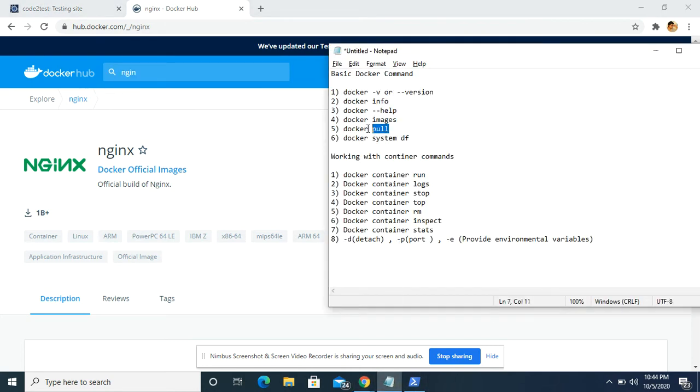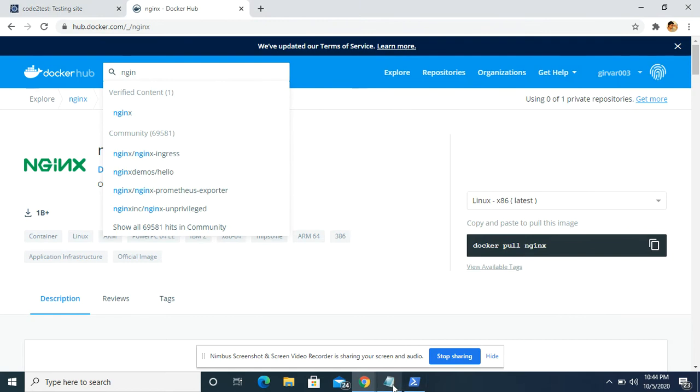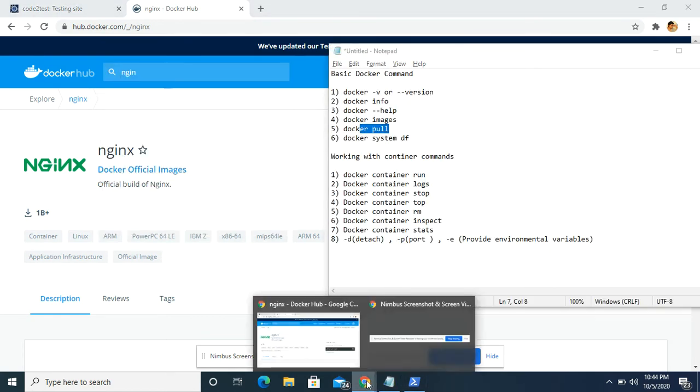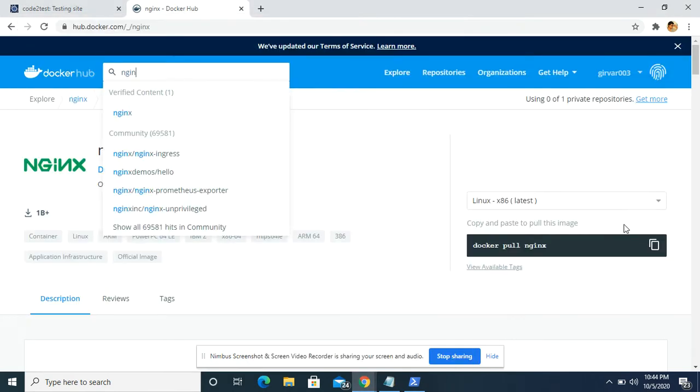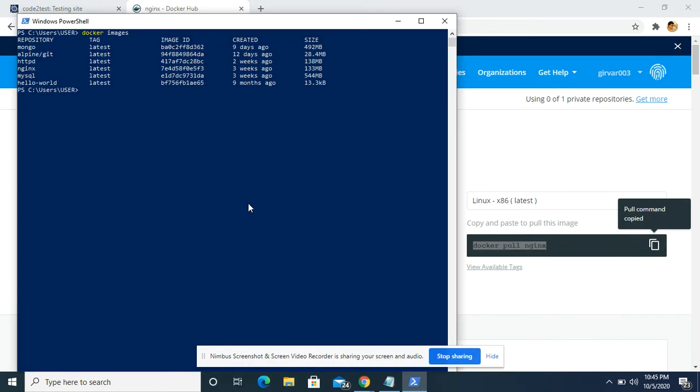This is what our next command is. Just copy this command, docker pull nginx, and hit enter. If I don't define its version, it will pick the latest version of Nginx.